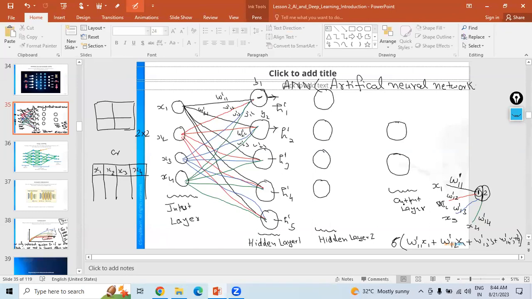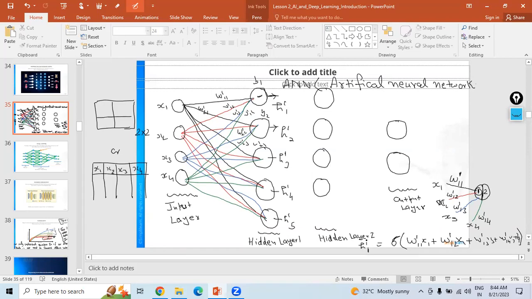So now this is nothing but H11, right? H11 is nothing but the activation function of W11x1 plus W12x2 plus W13x3 plus W14x4 plus your bias, because we have the 4 inputs along with the 4 weights plus 1 bias. So if you got this concept,